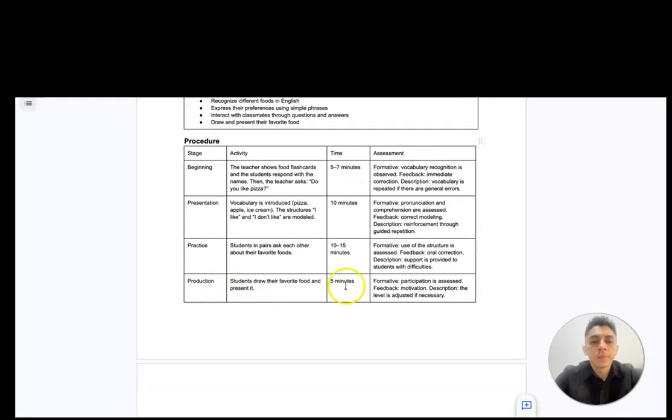And right here, this one, production. Finally, in this stage, the students draw their favorite food and then present it, and at this moment I can see if they are really able to use the learned phrases on their own. To assess them, I will use a simple guide where I take into account the use of vocabulary and whether they can express a complete idea. They like drawing, so I think this is also fun for them because they can learn and have fun at the same time throughout the class.